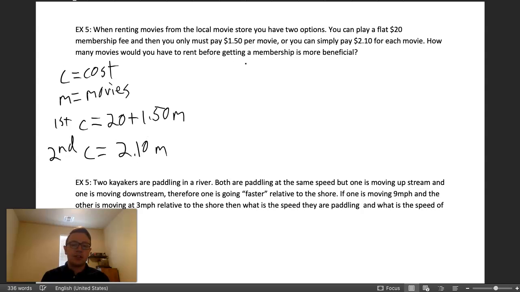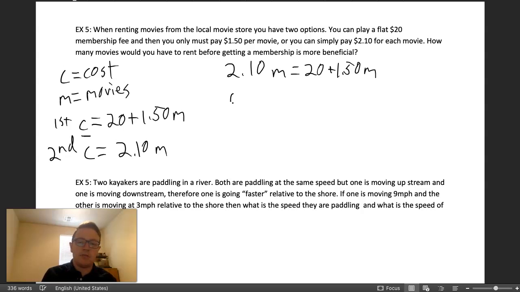Again, looks like substitution is going to be the easiest way to do this. So we'll substitute in 2.10m for c in this equation. So we get 2.10m is equal to 20 plus 1.5m. Let's subtract the 1.5m from this side. We'll be left with 0.6m is equal to 20. Or when we divide that through, we'll find that this will make sense at